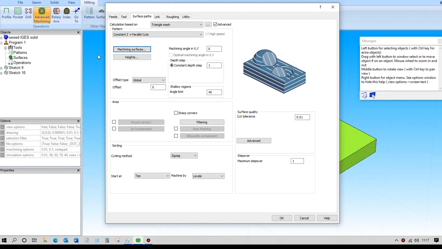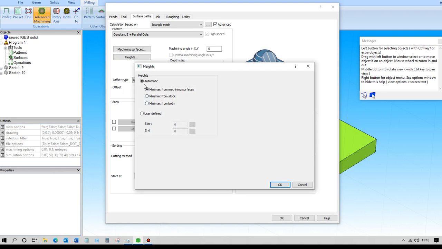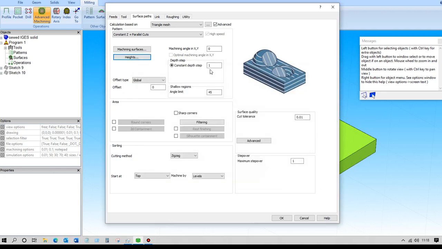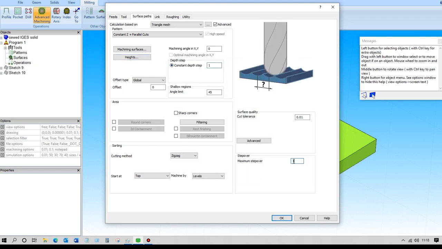For this option we're not able to specify fixtures, so we don't get the other dialog box which allows us to set that. So the heights, we can set that up here, machining from the machining surfaces. So we can now set up the constant depth step here and the maximum step over. So depth step is for the constant Z, and the step over here is for the